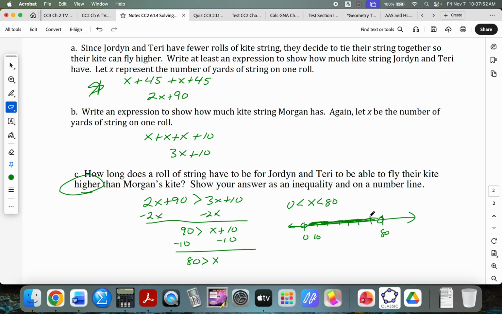So it would look something like this. Any questions about that? Okay,